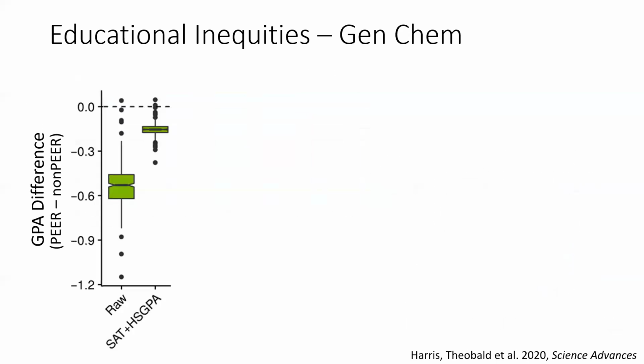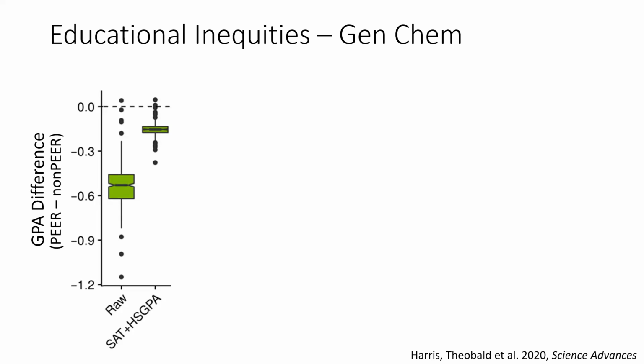Okay, super. So it's easy to look at those data and think, oh, that's a K-12 problem. But I'm here to say that this is an us problem also. These data come from the University of Washington, actually from the Gen Chem series. What we're looking at is the difference in GPA between PEER students and non-PEER students. PEER students are persons excluded due to ethnicity and race. These are Black students, Latinx students, Hawaiian, Pacific Islander, and Indigenous students.